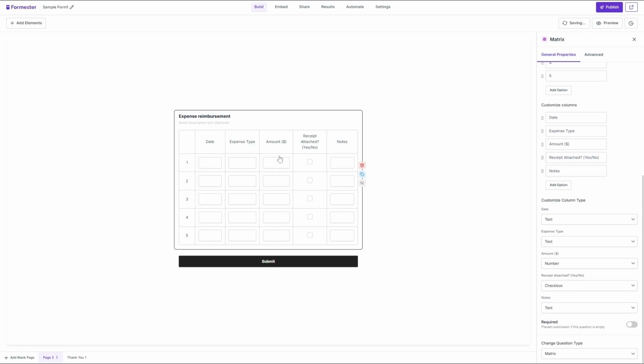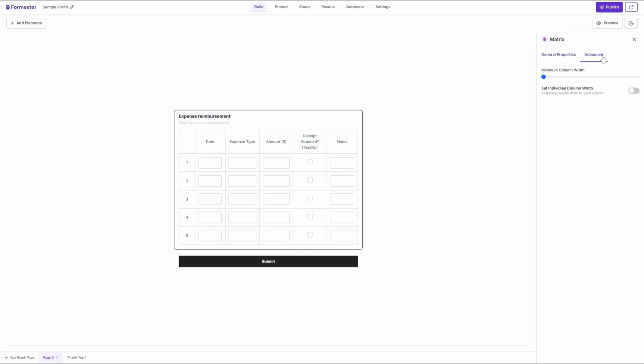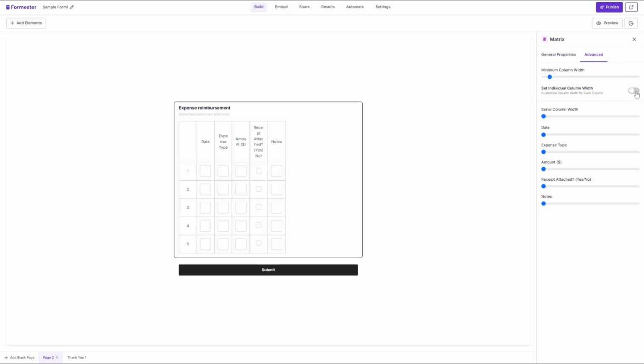However, we can resize this table to make it look a lot better. To do that, simply head over to advanced and here you can adjust the minimum column width. And if you select set individual column width, here you can set individual column width. We can keep the rows as short as possible. And for the date, we can change this